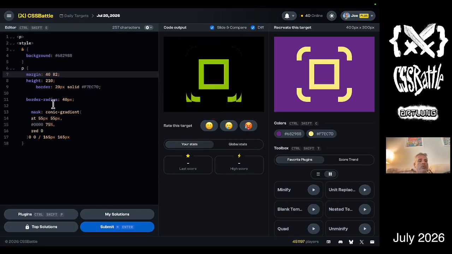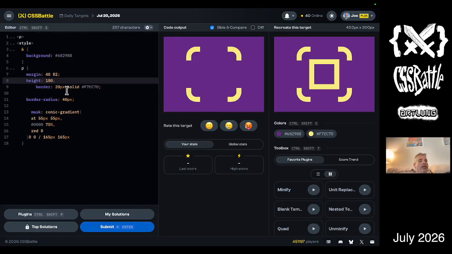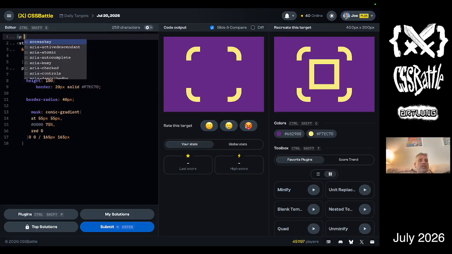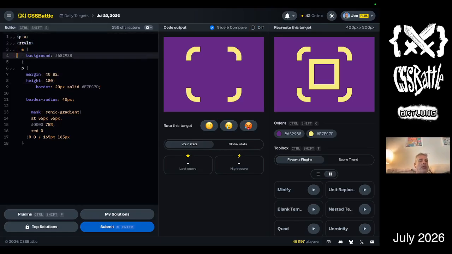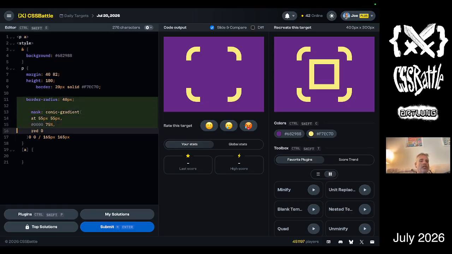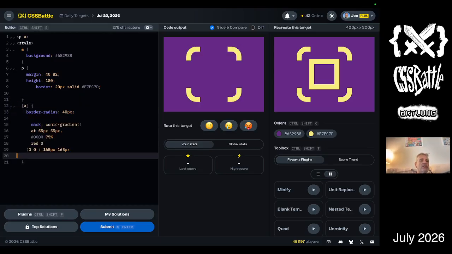That height is too much. 180 is great. All right, now, the thing that's specific to this first element is the border radius. The rest of it, I don't. Actually, I don't need the mask. So just for that, there we go. And then for the second one,